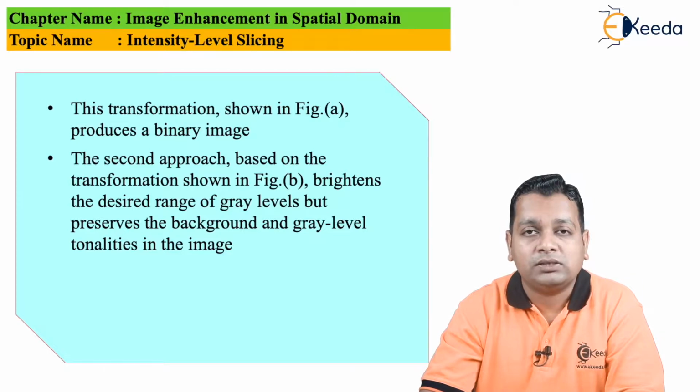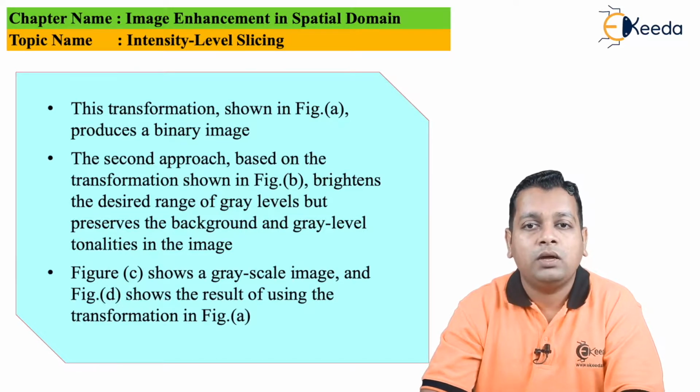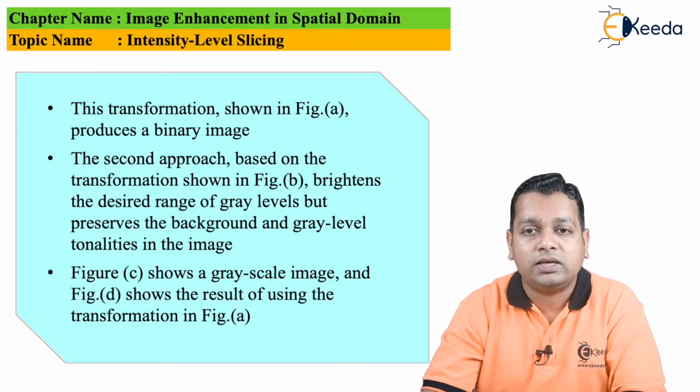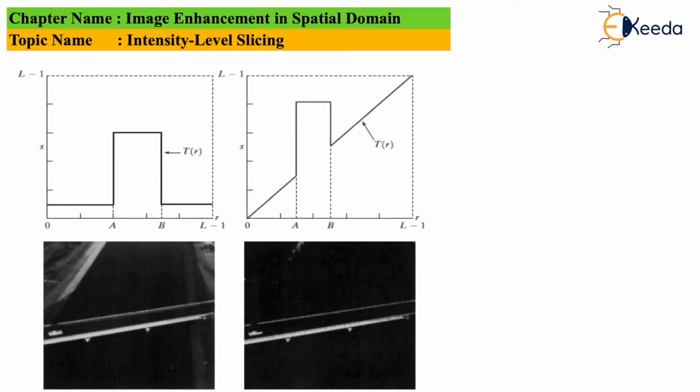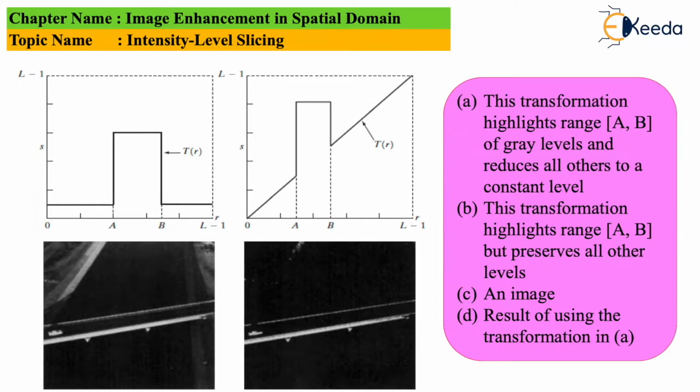Now on to the next slide we shall see four parts of the image. The first part and second part we have just discussed, in part C we shall have the grayscale image, and in part D we shall show the result of the intensity slicing transformation for the original image in part A. So here we have this particular diagram and the nomenclature for these four parts. See here, this is part A. This is actually the transformation graph.